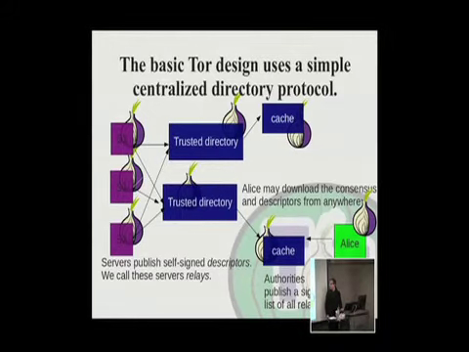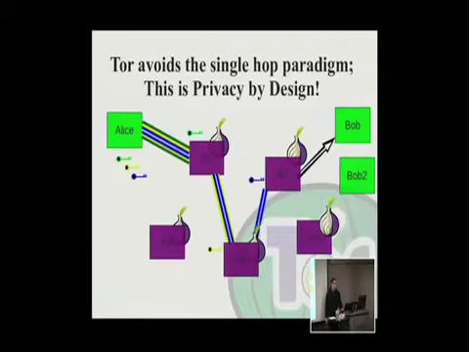So Alice will just build a connection by grabbing that cached consensus. And the way that Alice does this, as I said, is this telescoping encryption. And so these relays are, of course, chosen by Alice.